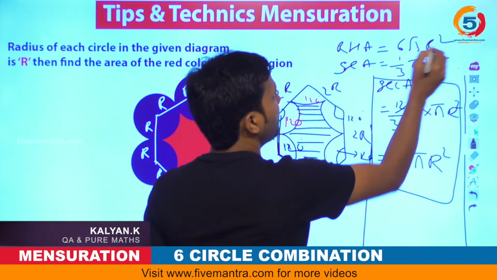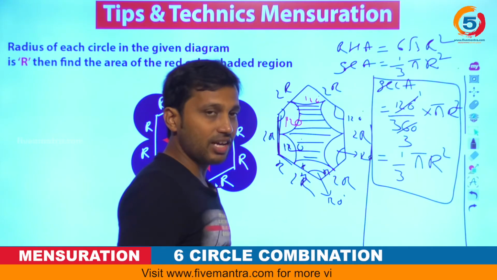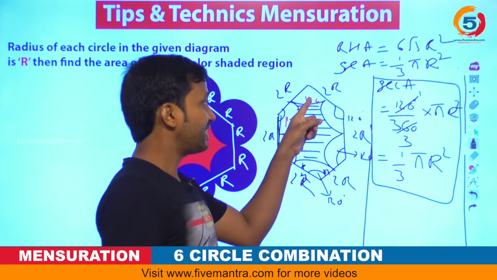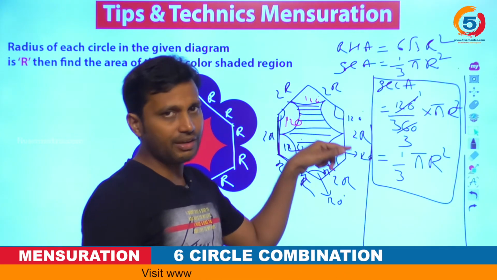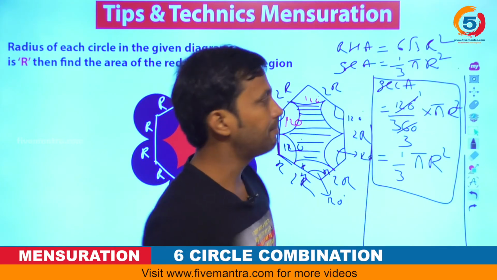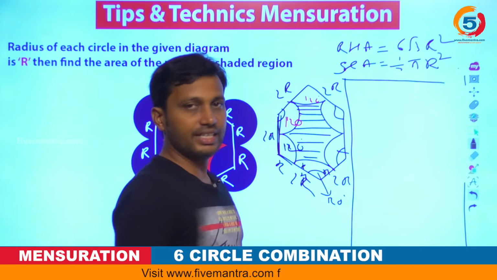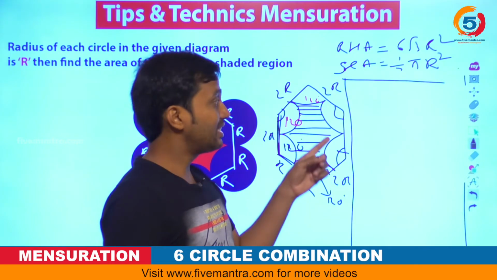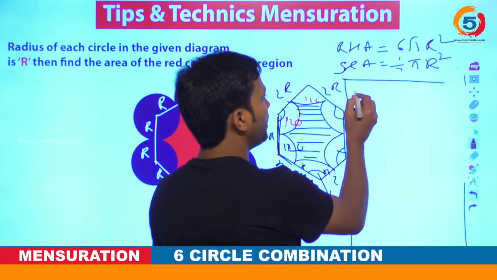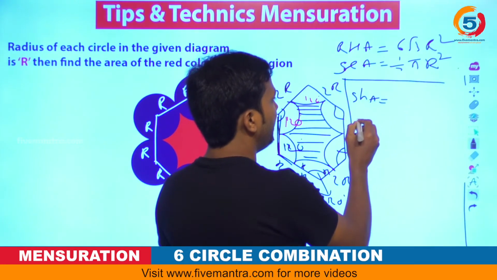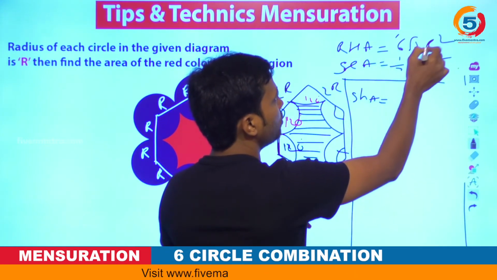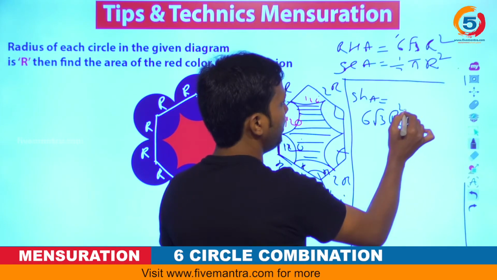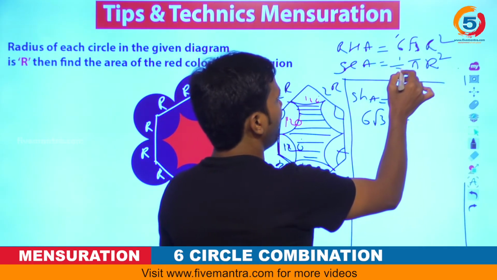pi capital R square. Now what is our next step? We have to subtract hexagon area minus 6 sectors area. All the sectors are equal. So what is our next step? So area of the shaded region is equal to area of the regular hexagon minus area of the 6 sectors. So shaded area equals area of the regular hexagon. What is that? 6 root 3 r square, minus